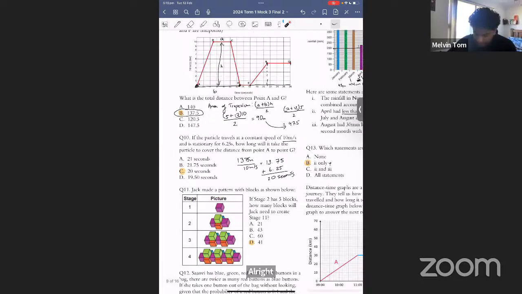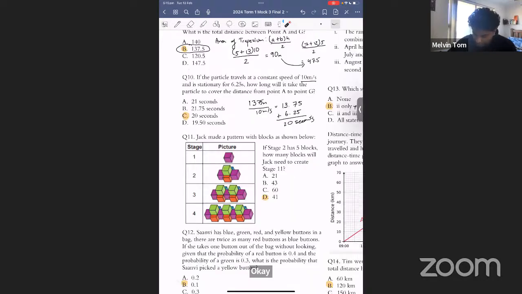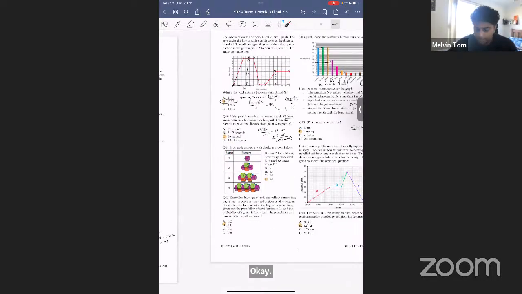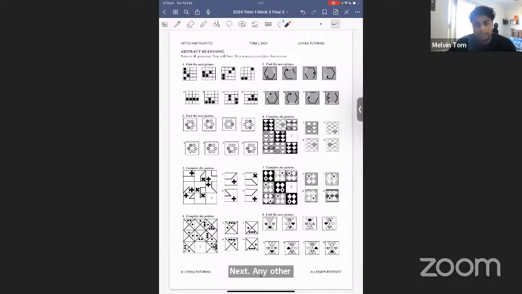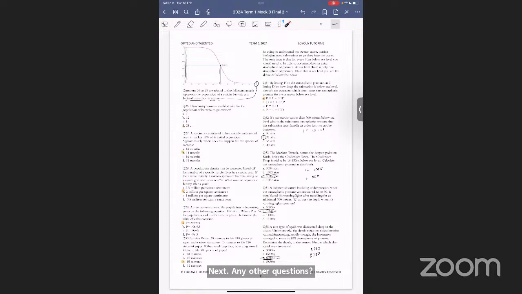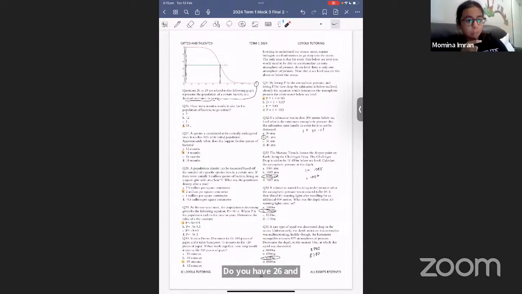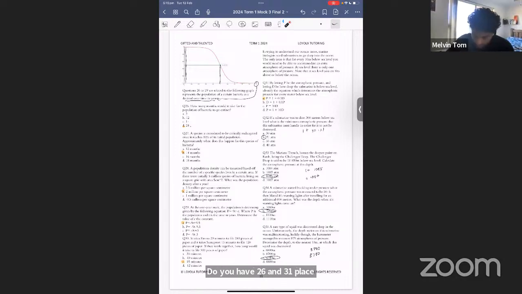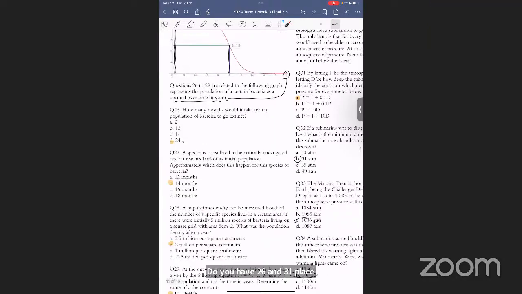Next. Any other questions? Okay, how about for abstract reasoning? Any questions? Send it through. Oh, I do have 26 and 31, please. 26 and 31. All right. Melvin, yeah. 4 and